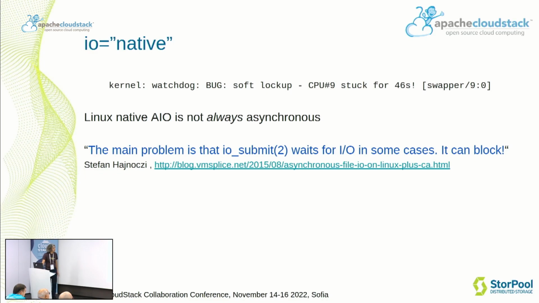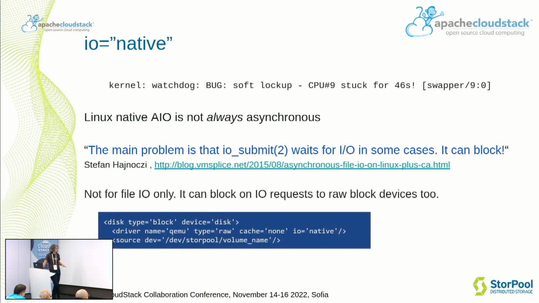And he listed some use cases where this is on, when the requests are for file access and the file system might block the operation. But we have seen this problem not only for file I/O operation, but also for I/O operation on raw block